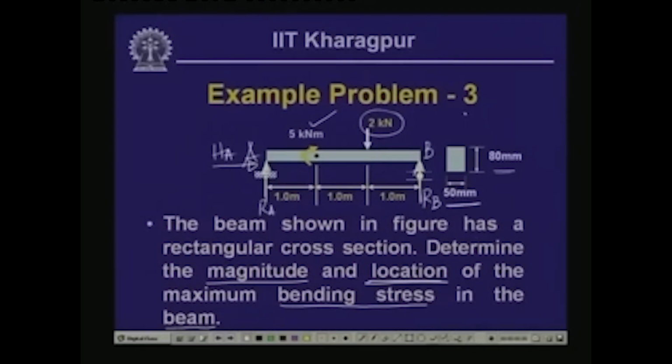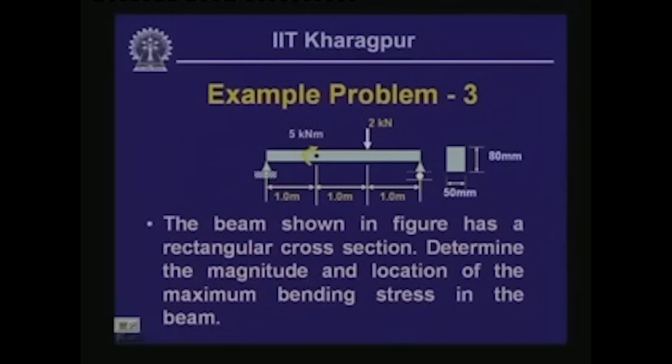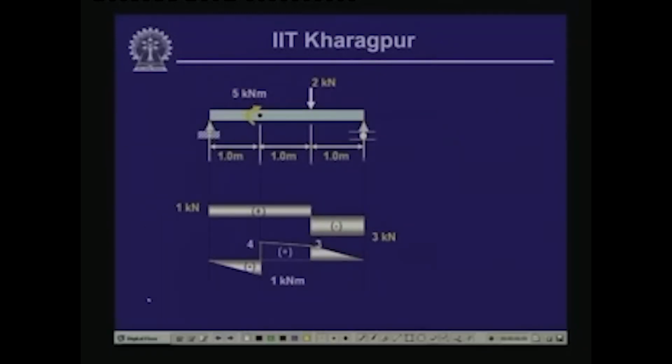Now, if we take summation of horizontal forces equal to 0, we have HA equal to 0. Now, summation of vertical forces equal to 0 will give RA plus RB equals 2, and if we take the moment about this particular point of all the forces, we get the value of RA. So, let us first compute the reactive forces and then plot the shear force diagram, so that we can compute the position of the maximum bending moment and we can compute the bending stress. So, this is the reactive force RA, the horizontal force HA, and the vertical reactive force RB over the beam